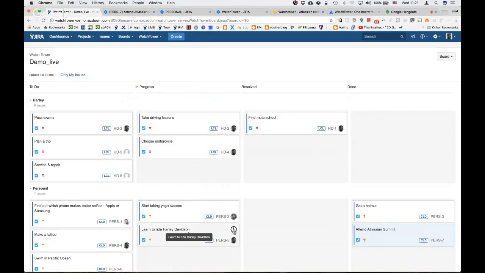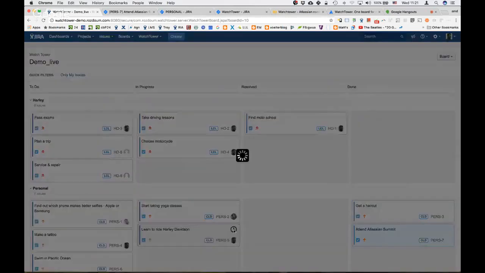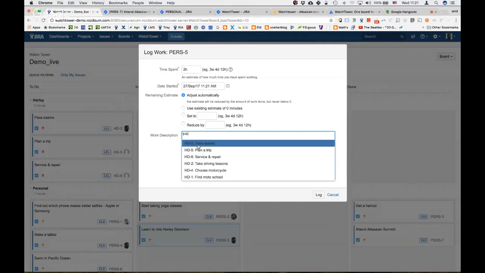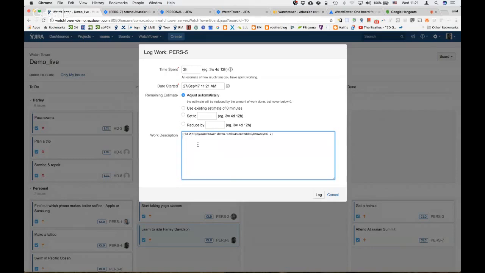So we can say that we want to report the work log on this issue, learn how to ride the Harley Davidson. And then you say that you spent 2 hours on that, but then you want to reference the issue from the other Jira, which is HD choose motorcycle, or let's take driving lessons. Yes. So you provide a reference to the issue in the separate instance, and you add some comment, and you say that